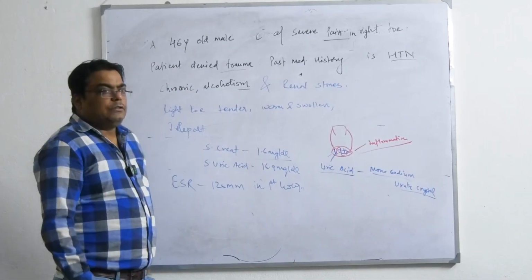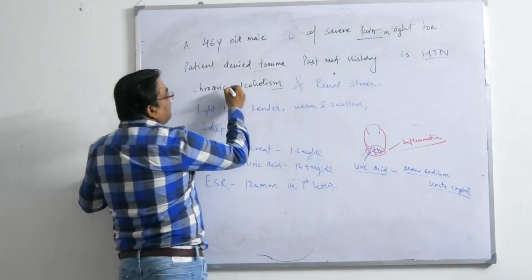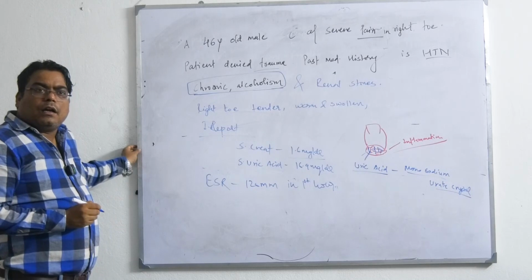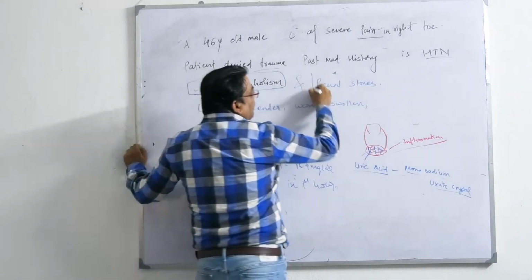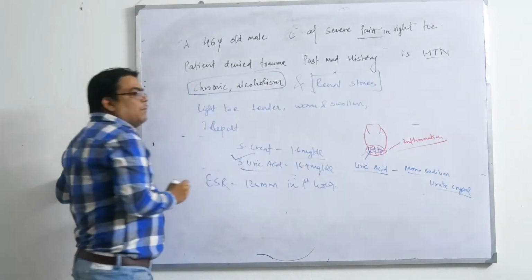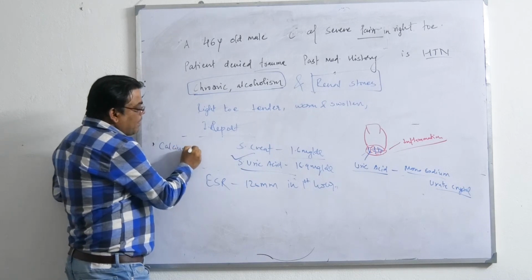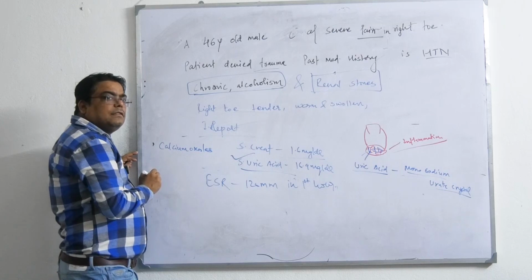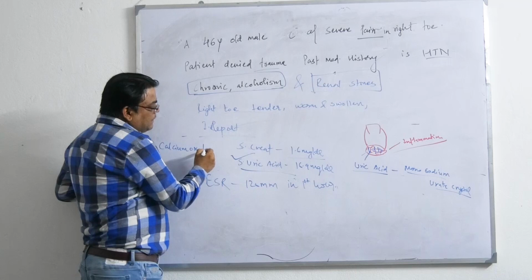And how does this uric acid increase? By taking alcohol. Chronic alcoholism is a main cause. If uric acid is high, that's why there is a formation of deposition of calcium oxalate. Deposition of calcium oxalate, because uric acid is a reducing substance. Okay, it reduces calcium ions and it forms calcium oxalates.